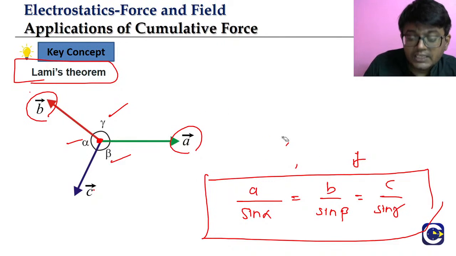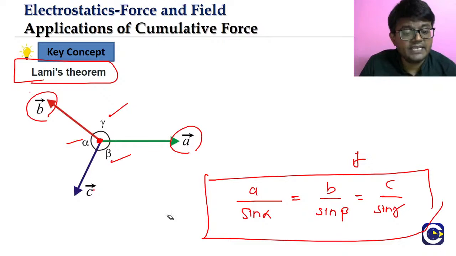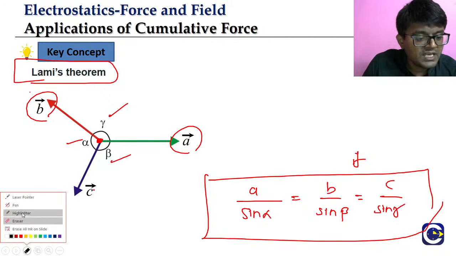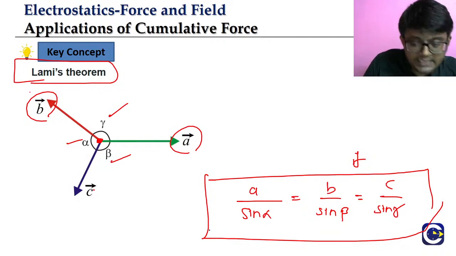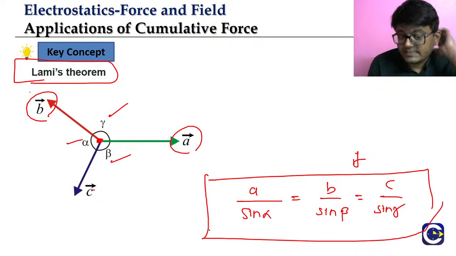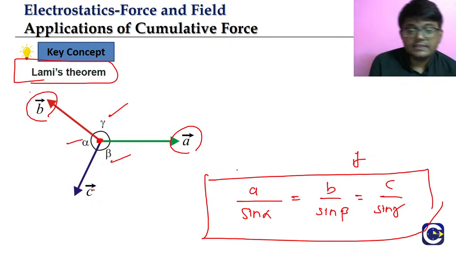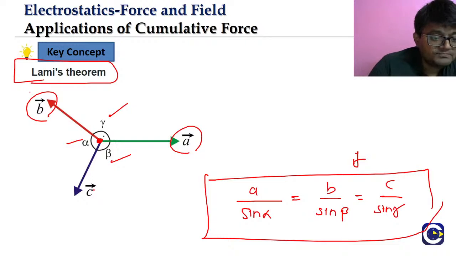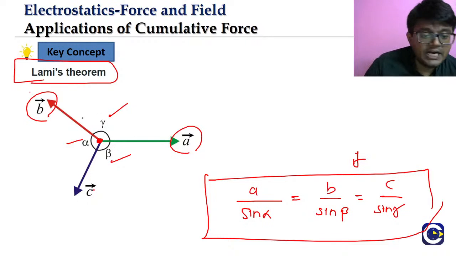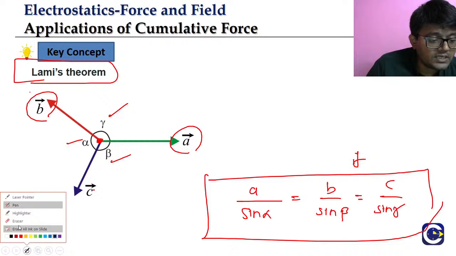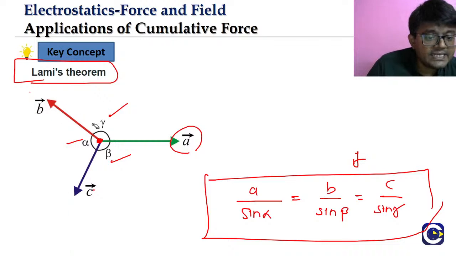If this condition is satisfied and a by sin alpha is equal to b by sin beta is equal to c by sin gamma, then we can arrange the vectors as the sides of the